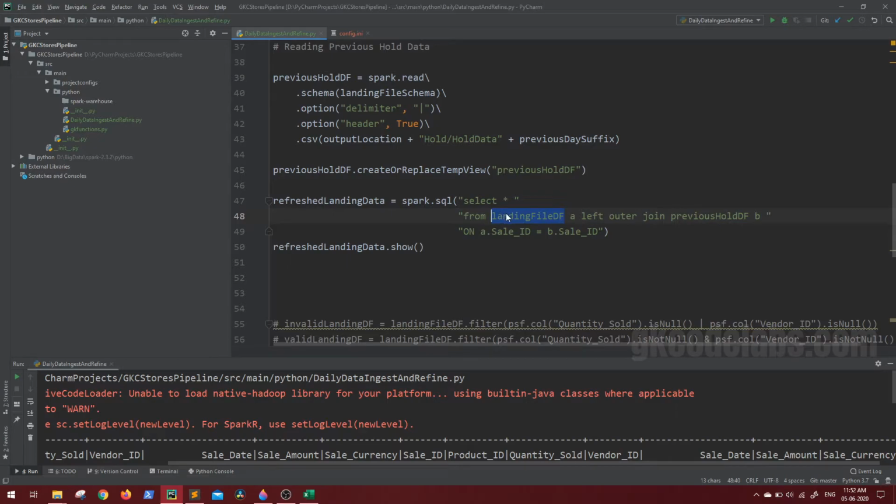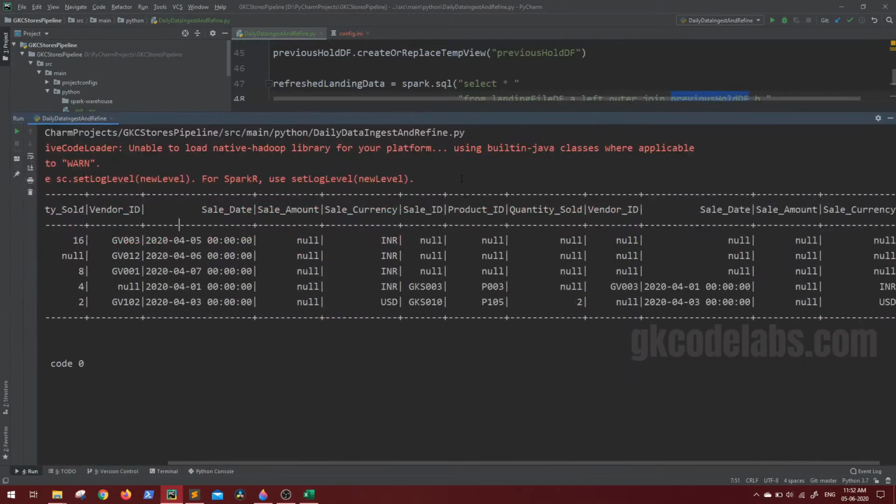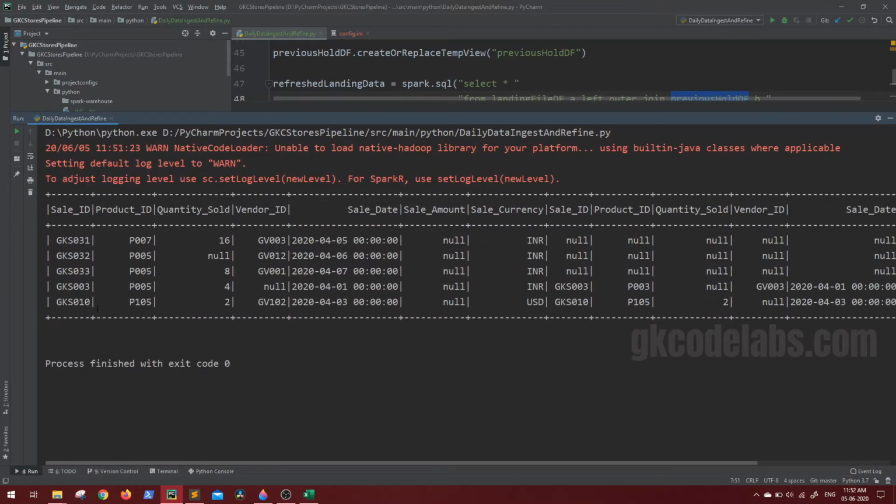So current data will be on the left, and on the right, whatever it is, that will be considered as the right data frame. So all the data from the left and only the matching records from the right. So what records are matching? You can see here only these records, and these records are not matching, so we'll get the null for that, whatever records are not matching. So this is how left outer join works.